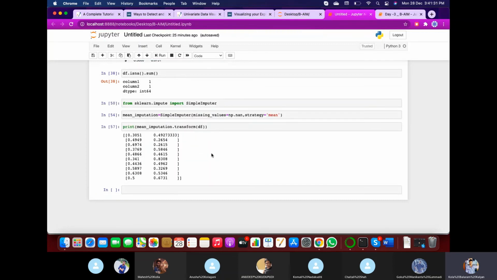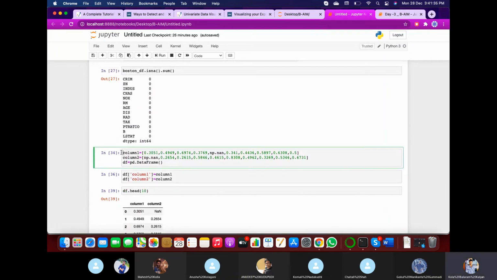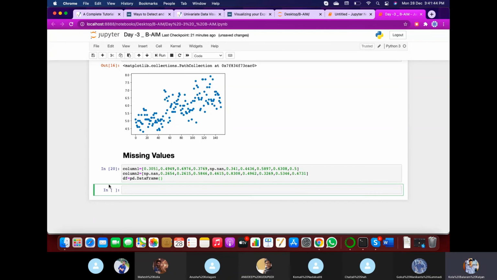Let's take an example so that you can easily understand. Here I created a column, column one, which is a list having some values.